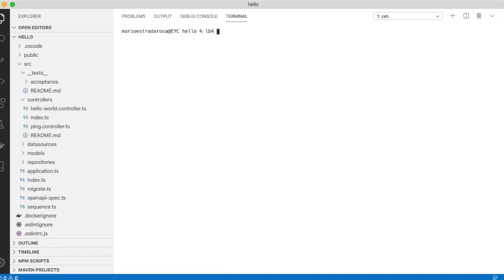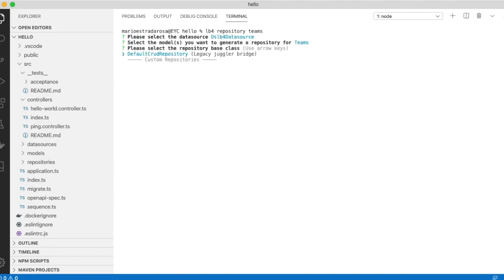Now it's time to generate the repository. The repository's name is also repository teams. I'm selecting the data source and the teams with the default CRUD repository, and now I'm going to be creating the controller. Again, you can have one command to do it for you from the model up to the repository in the controller, but I'm doing it